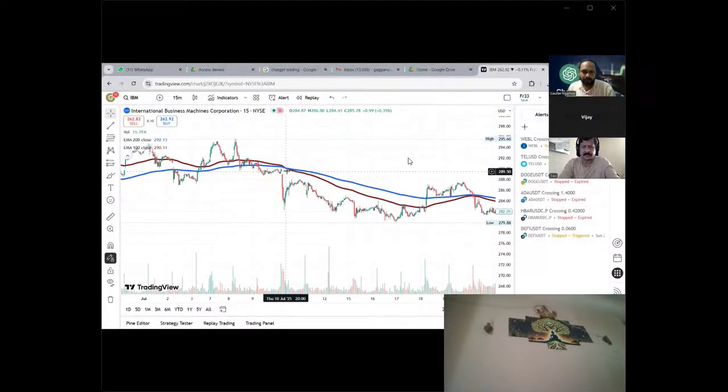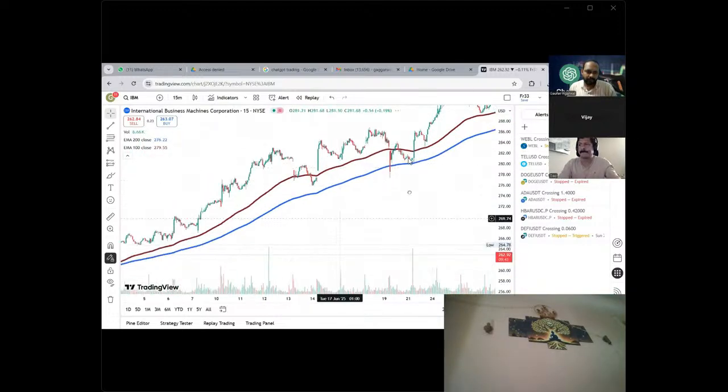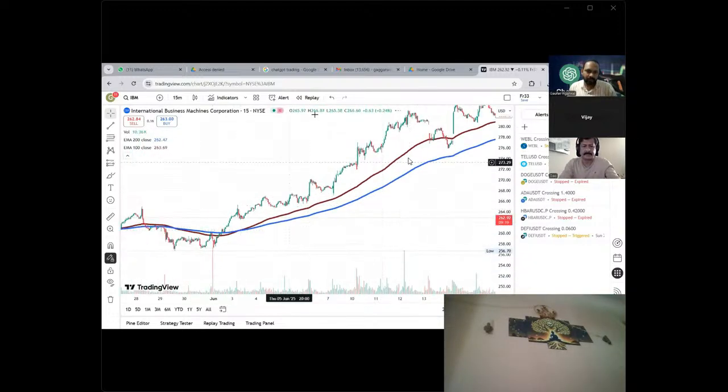See now here you can see that it is crossing, right? The price is below, and then here it is crossing. You can take a short trade here, like this. And for a buy trade we have to see here. Here you can take a buy trade. It is crossing, right? So this one is more clear, right?